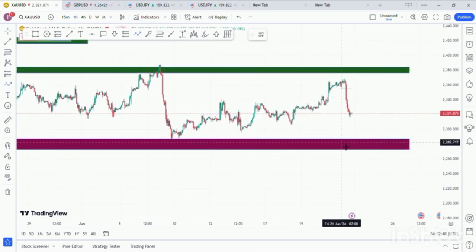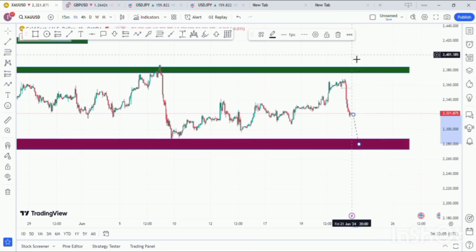Guys. So we're expecting a continuation to the downside of price to either respect this support zone or possibly break out of it. But we're expecting it to hold because the support zone has been holding for a while, guys. And remember, the more price retests a particular zone, the weaker the zone becomes, guys. So we'll be expecting either price to respect this support zone or possibly break out of it to the next